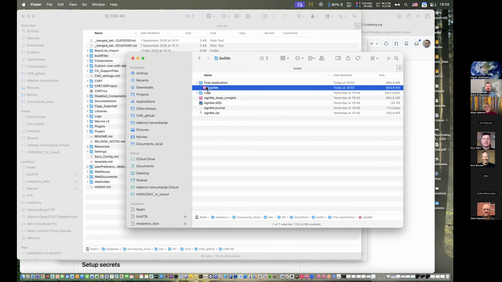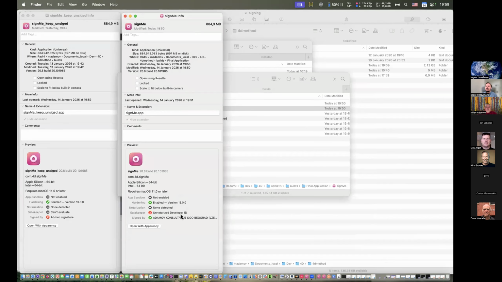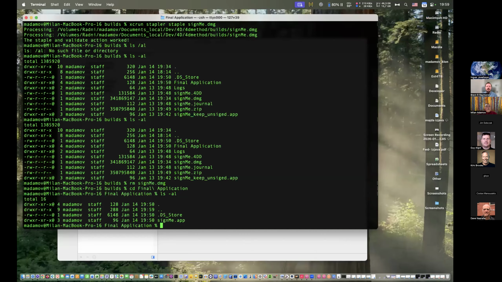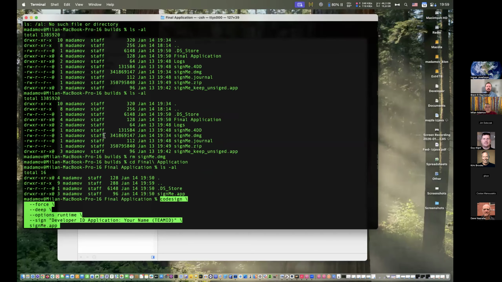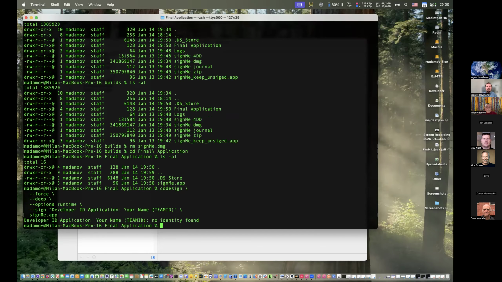We will sign this and then create the DMG and try to notarize it. So this is signed, as you can see here. I prepared commands just to copy and paste, so you don't wait for me. So I can sign it like here.